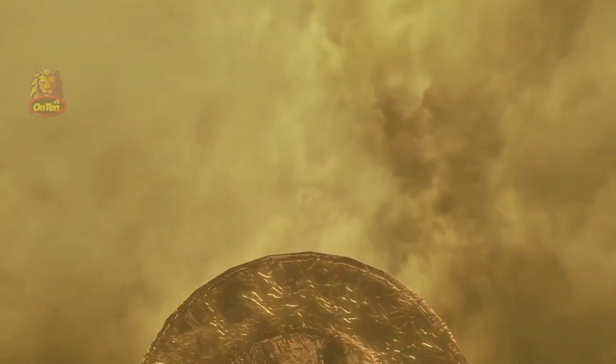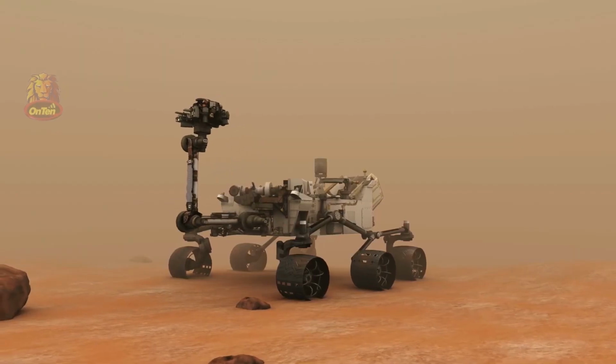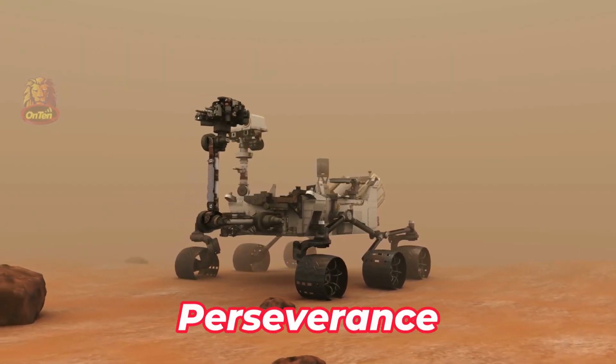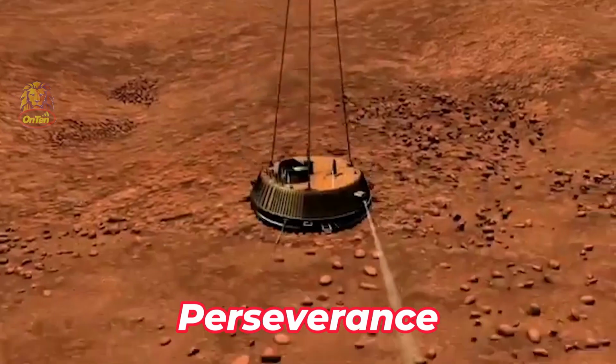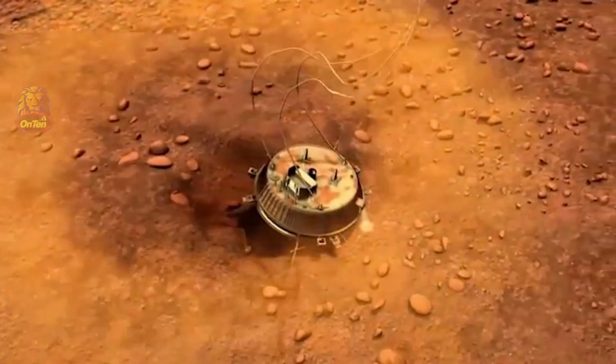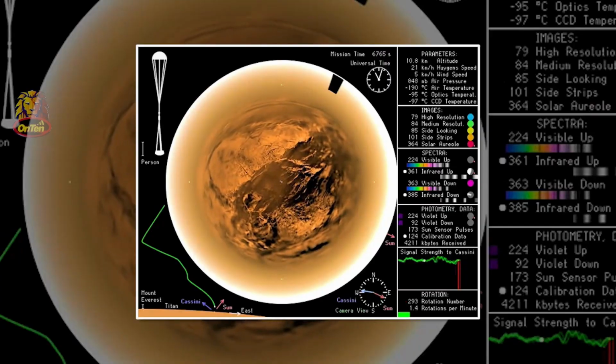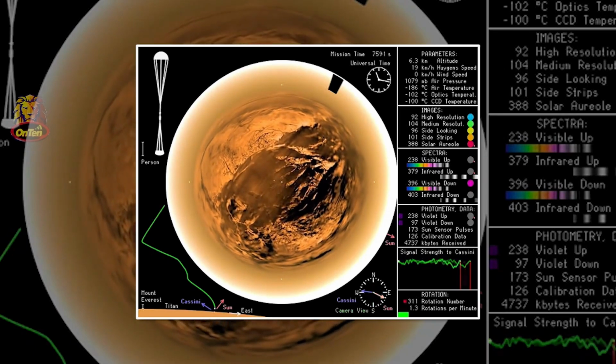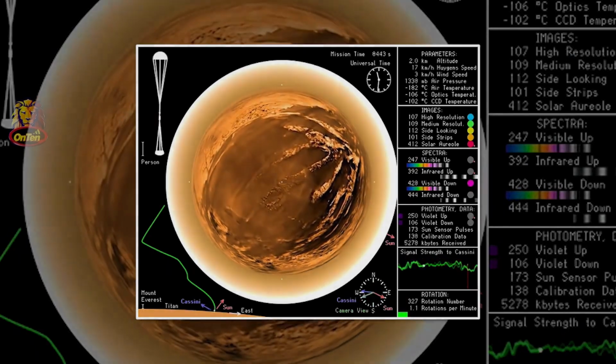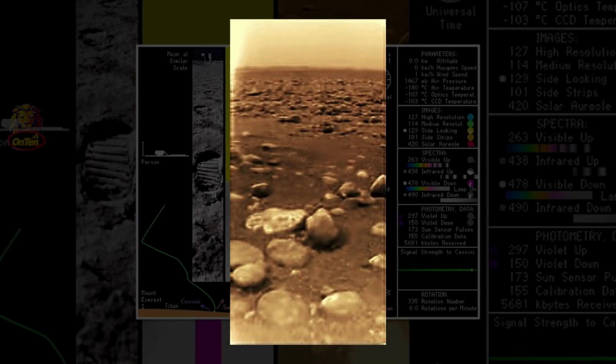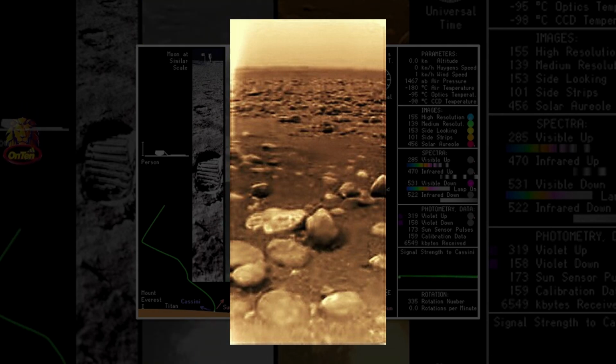This is not a very sophisticated lander like the Perseverance Mars rover. It's a very simple machine, and it's designed to take a video and one picture when it lands. And this is that picture. As you could see, it kind of resembles the bottom of a dry ocean, where there are rocks and sand everywhere. Cassini stays for many years around Saturn and Titan to study it, and it even realizes that there is